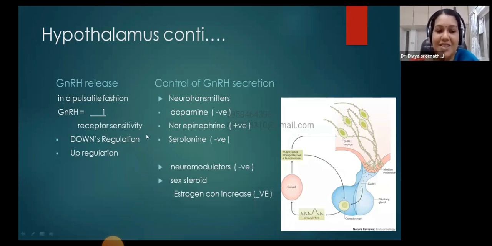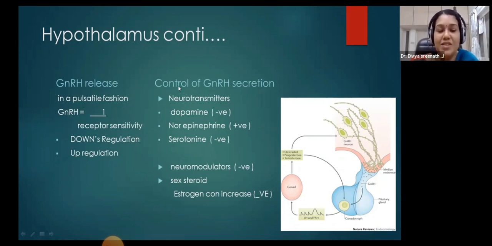Like that, if GnRH is secreted in a pulsatile fashion, then the receptivity of the pituitary will be more. So it may cause upregulation. She will be happy taking those laddus. Then it will be upregulation. If I am feeding her continuously, she will be hesitant and she will even run away. That's like downregulation. Okay. So the GnRH is secreted from the arcuate nucleus of the hypothalamus in a pulsatile fashion, not in a continuous way, just secreting, then a break, then again secreting after a break.